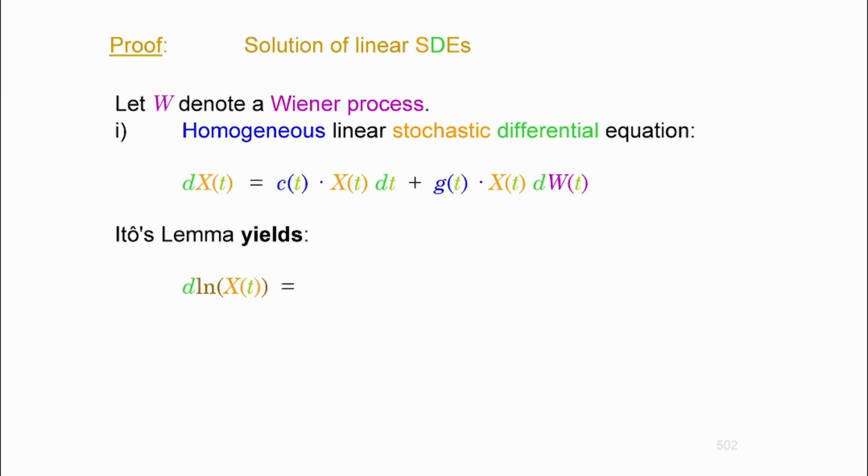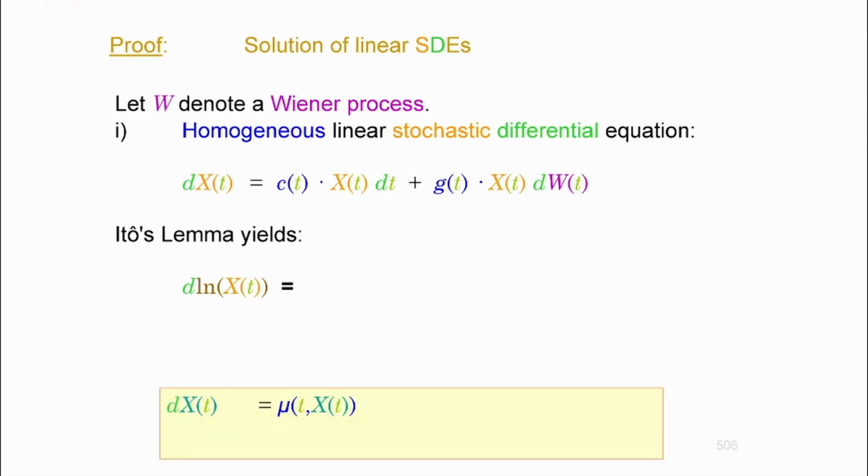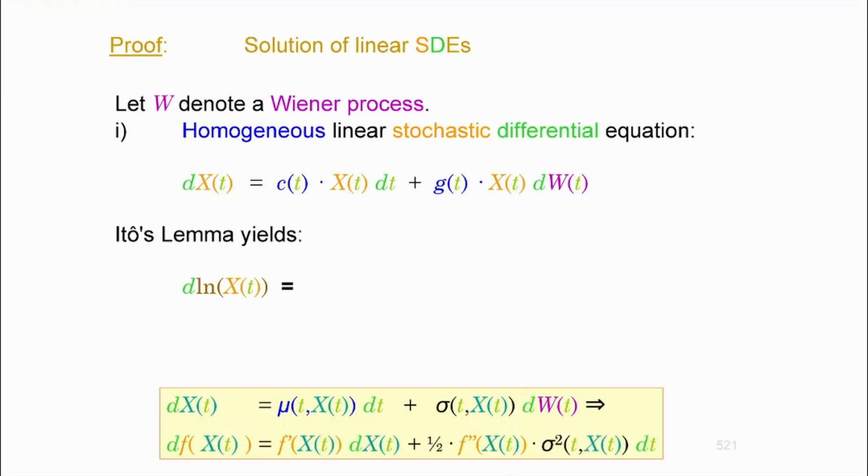Now, just for the record, guys, if c and g are constants, as you saw, then this function is a geometric Brownian motion. I'm not sure if you're recognizing it. Anyways, I'm going to apply Ito's lemma on the logarithm of that, just as in the case of the Black-Scholes model. You saw Ito's lemma last time, so I'm basically just repeating myself, but that's the formula I'm going to use for diffusions. So x is the diffusion here, and f is the logarithm. Of course, you would need to have its first derivative, and you need to have its second derivative.